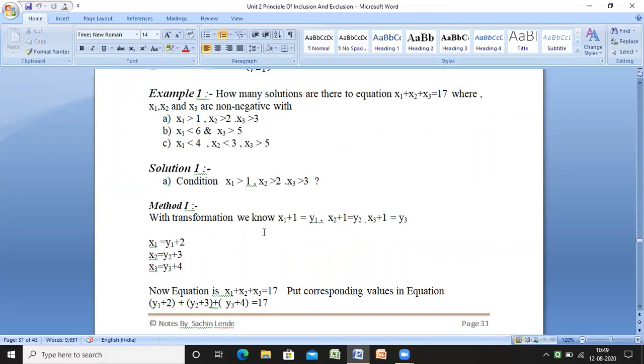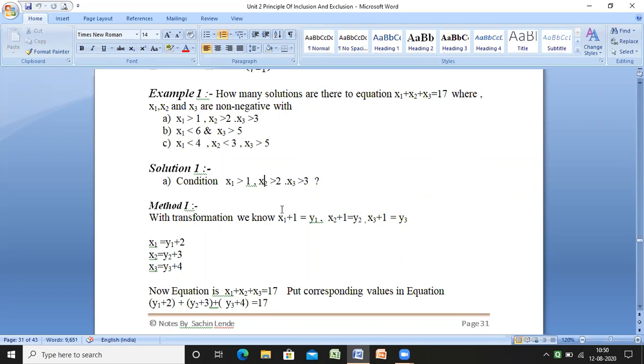So what I am going to do is add one to that x1. That means the value should be greater than 1, so the value should be 2, 3, 4, 5, 6, whatever. But it should not be equal to 1 or less than that. So in this case, what we do is add plus 1 over there. That means that value is going to be increased by 1.